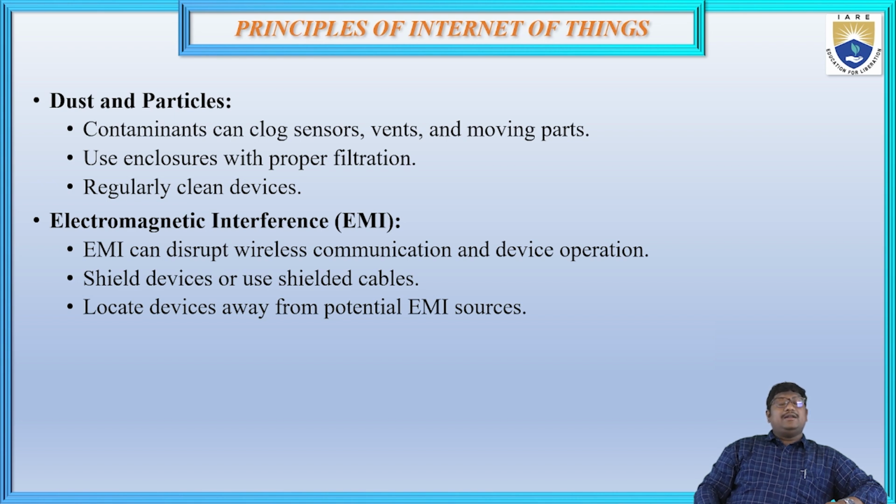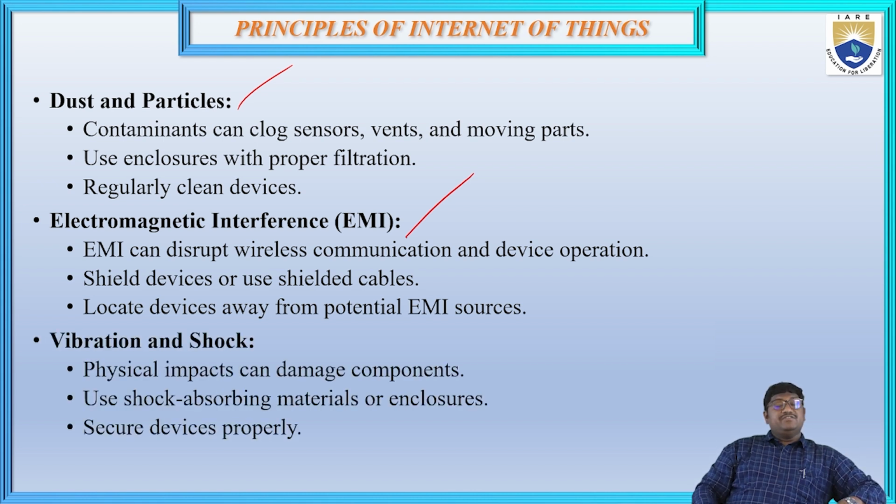And also electromagnetic interference. These are interferences which can disrupt wireless communications and device operations, so we are shielding the devices with shielded cables. And also we need to locate these devices away from potential EMI sources, which are potential electromagnetic interference, and vibration